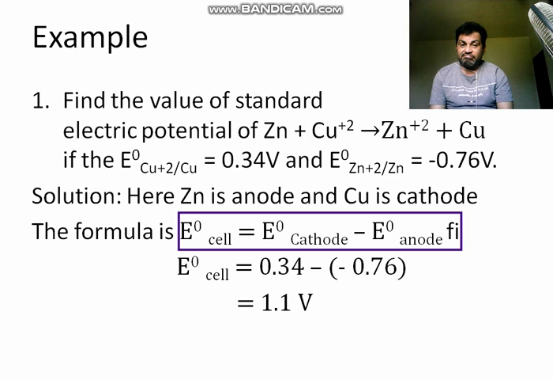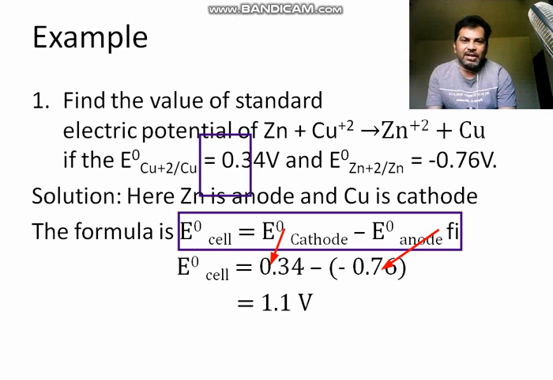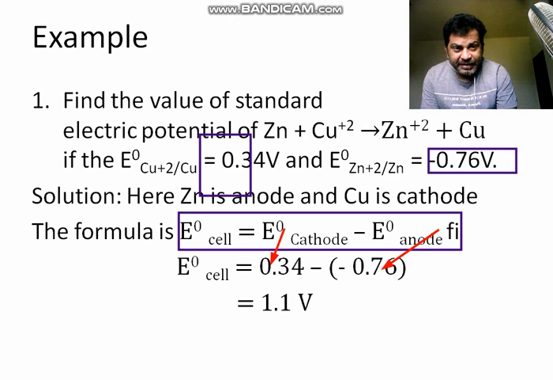Okay, now you know what is cathode there? Copper. What is anode there? Yes, zinc. By simply putting the value of cathode and the value of anode, that are given here, we find the answer. See here, the values are given, and using these values only we are finding the answer, that is 1.1. So hope that this will be a very easy first step.